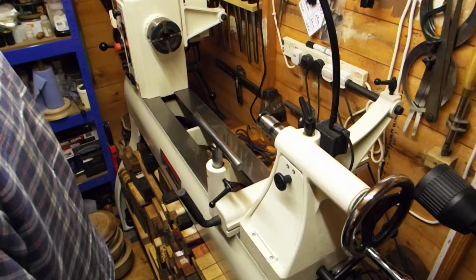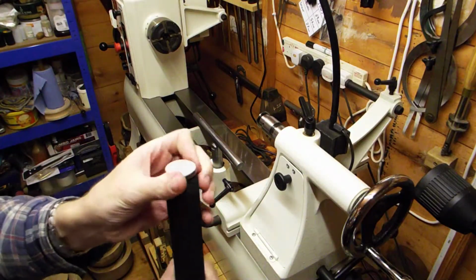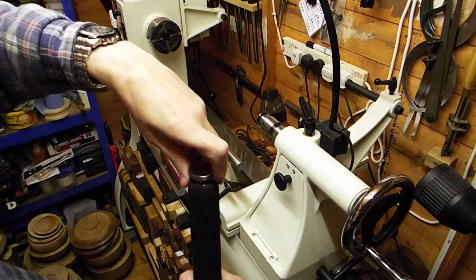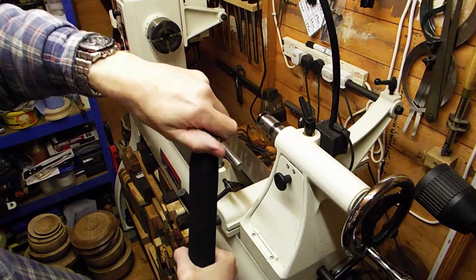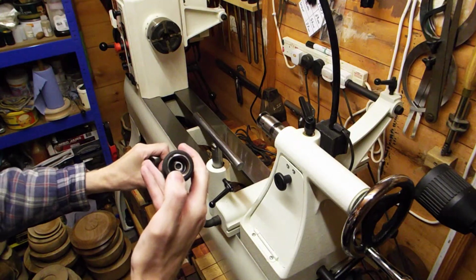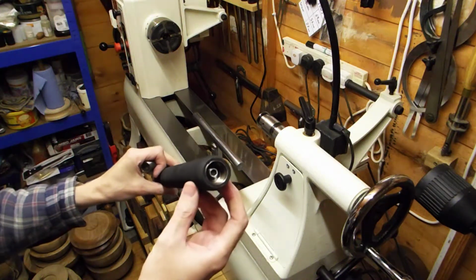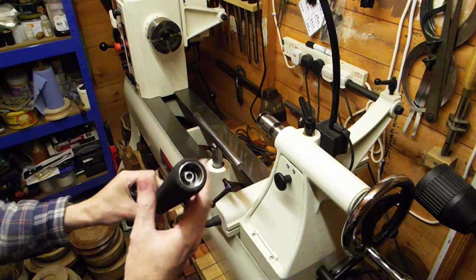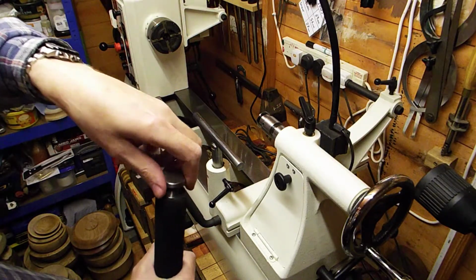There's also a feature on the back of it where this plug comes out of the back. By the way, the threads are all properly finished as well. Really nice. There's an Allen bolt in there. You put an Allen key into there, undo it, that comes out, there's a hole. Into that hole you pour lead shot or steel ball bearings. You then put the Allen bolt back in, screw this plug back in,